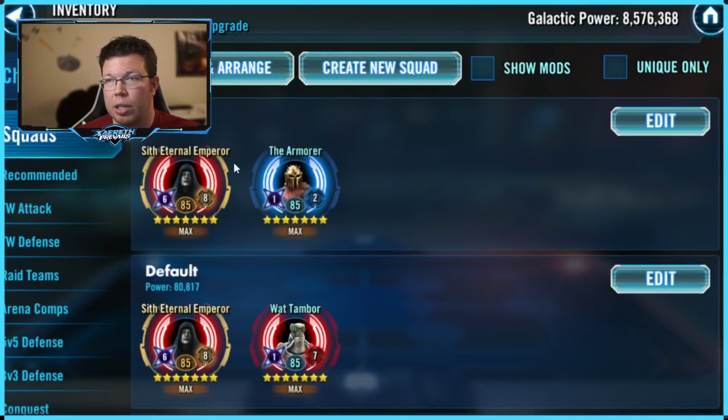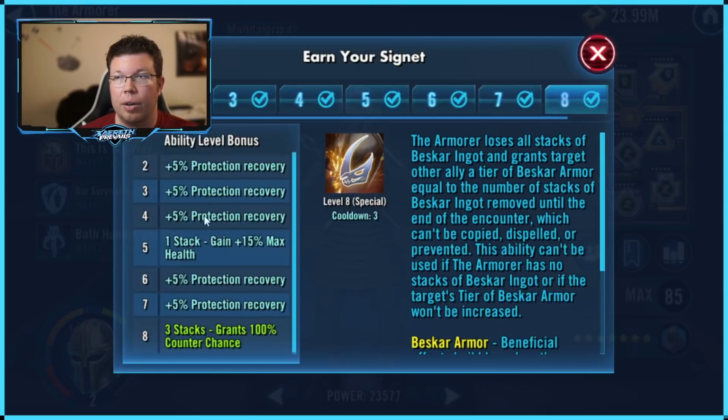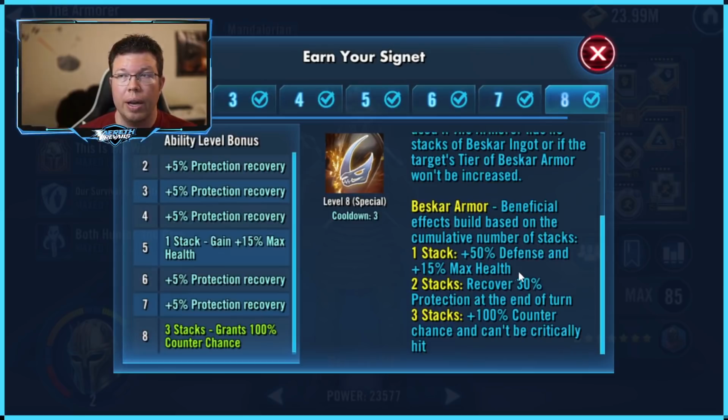So we've got Sith Eternal. We also have the Armorer, and you can see, you start with 2 stacks of Beskar. So he always gets that 50% defense, which can be nice. Against Galactic Legends, it's not always super apparent, but then plus 15% max health is huge for how much health he has. Just that little extra bonus is really nice. Armorer also gives the 30% recovery of protection at the end of his turn, and then if you can get the 3 stacks, which I'll talk about in a minute, you can get up to 100% counter chance, and he